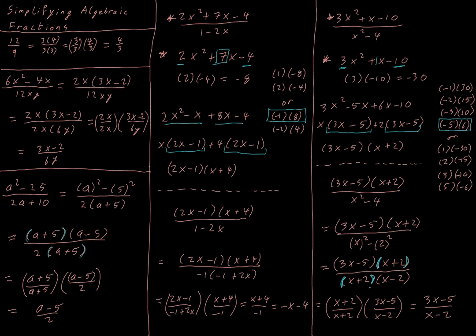This only works for when everything is multiplied together. It does not work if these things were added together, because we can't take them out as factors. Factors have to be multiplied together. So when they are multiplied together, I can write them out as a separate fraction, and x plus 2 divides into x plus 2, and I'm left with 1 here, and I just have 1 multiplied by 3x